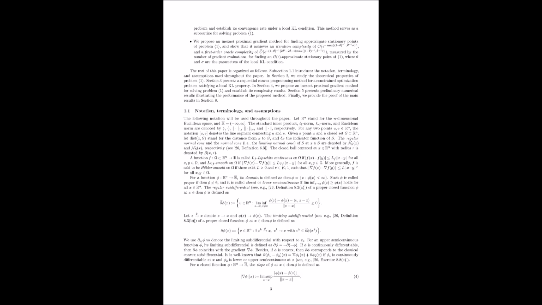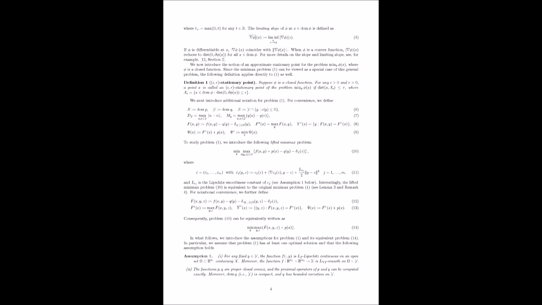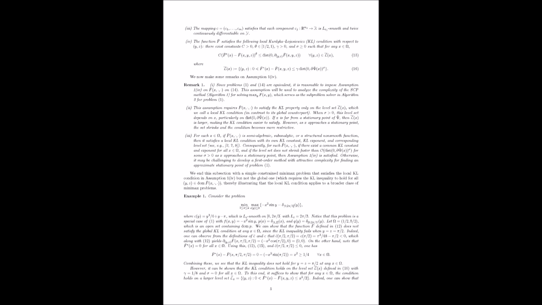1.4 Stationary points and problem setup. So this naturally leads to their definition of success. Definition 1, the ε-stationary point. Since finding a point where the limiting slope is exactly 0 is often impossible computationally, we aim for an approximate solution. First, they define a set, S_ε. This is the set of all points x in the domain of φ where the limiting slope, ∇φ(x), or equivalently, dist(0, ∂φ(x)), is less than or equal to some small tolerance ε. Okay, so S_ε is the set of good enough points, the points that are genuinely ε-stationary.